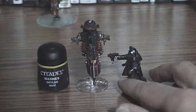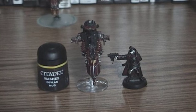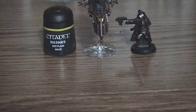But there they are standing next to the guy. We'll bring him down a little bit. So we get...